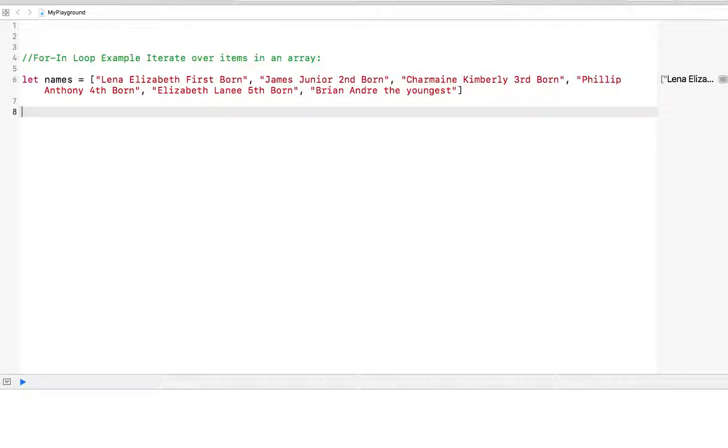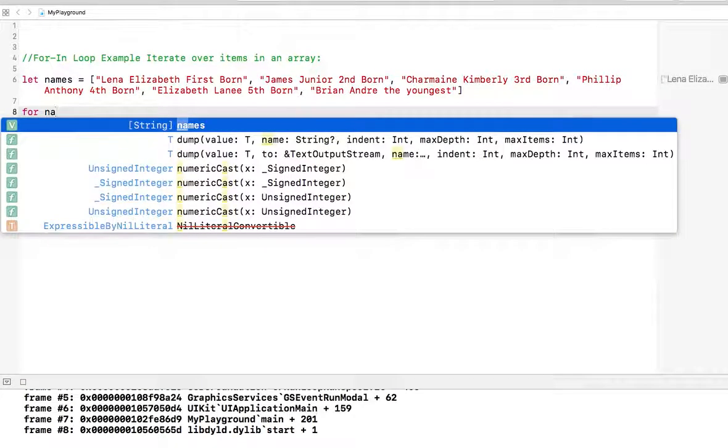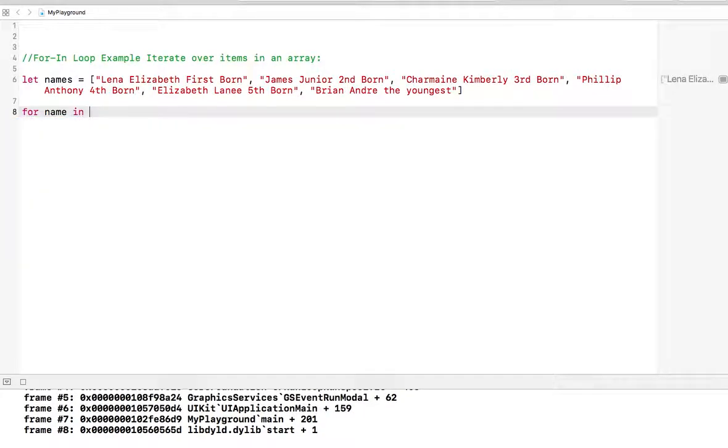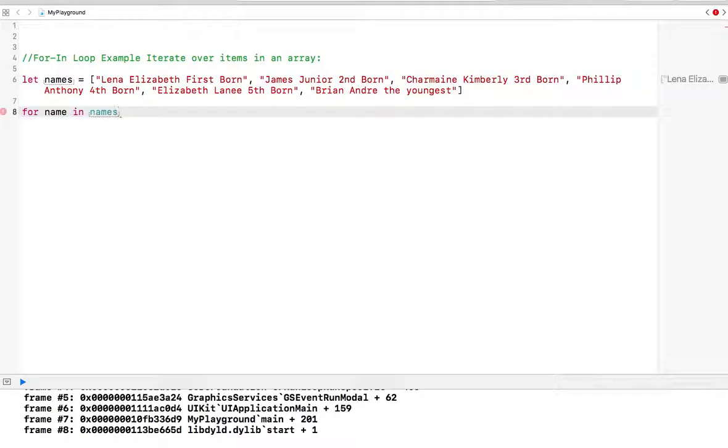Don't worry, I'm going to do a whole lesson on arrays. Just follow along and know that, for this particular lesson, arrays start and end with brackets. So we're going to say for name in the constant names, open brace,